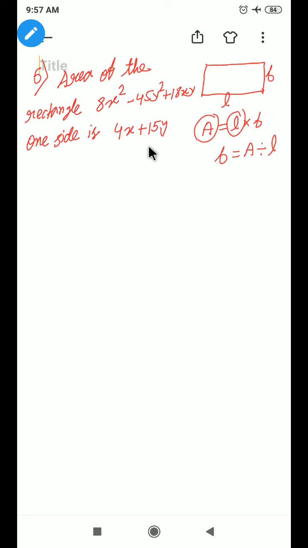How will you get the other side? You have to divide this area by this side. So that will be